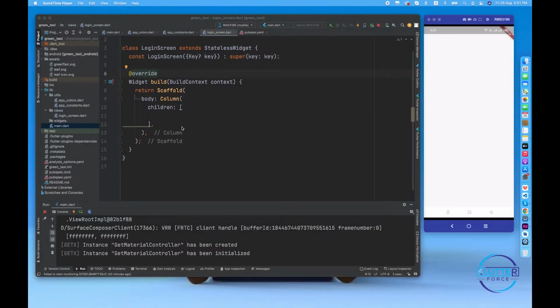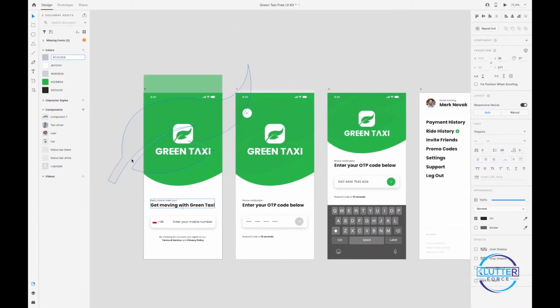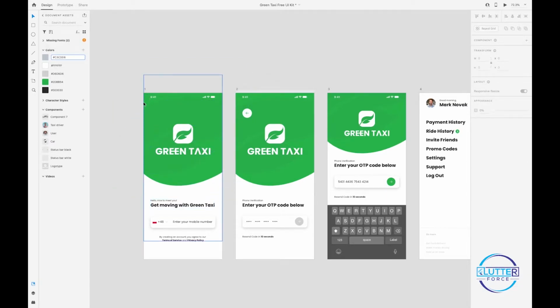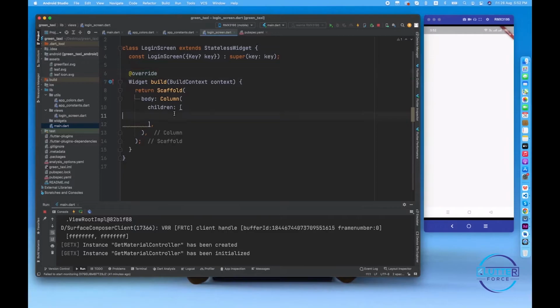In running form, so let's get started. Okay, so as you guys can see, we have this green area. Suppose if we give the whole screen 100% of the height, I believe that 60% of the height is basically covered by this area, or maybe yeah, I think it's 60%. So now how we can do this is very simple. We just have to wrap this column with a container, give it a full width,